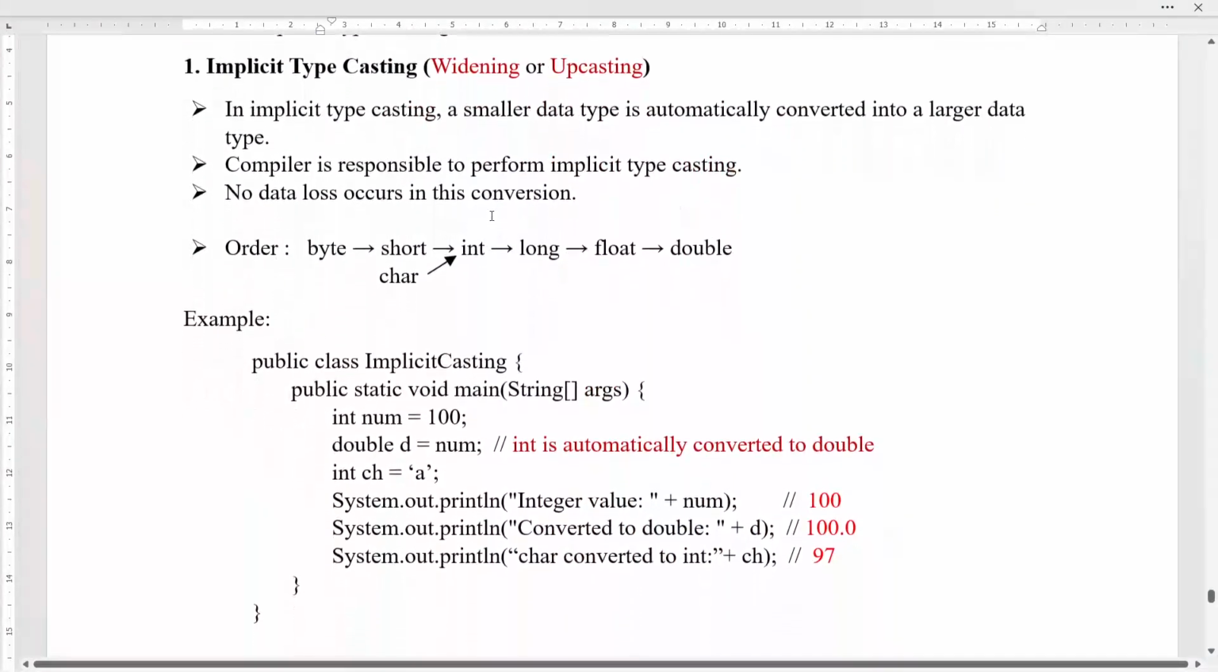Let's see what is implicit typecasting. Implicit typecasting is also called widening or upcasting. In implicit typecasting, a smaller type is automatically converted into a larger data type. For example, int num = 100; double d = num. Here, smaller data type int is being assigned to larger data type double,